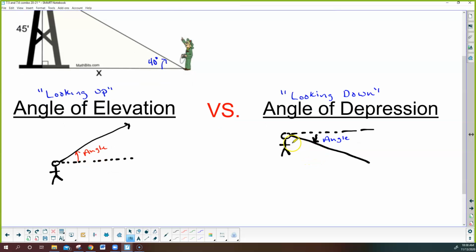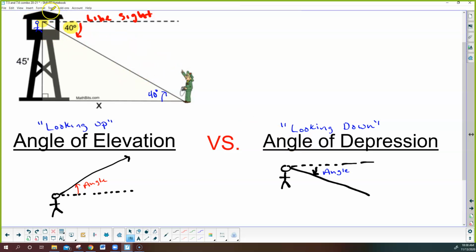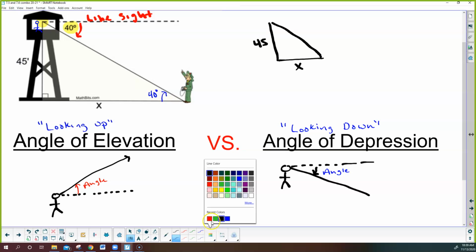Now, sometimes when you see a problem like we have here, if there's somebody on top who's looking out, their angle of depression is the same as somebody on the ground whose angle of elevation, and they're both 40 degrees. So why is that important? Well, that's important because I now have to solve this, and our job is to figure out if the tower is 45 feet tall, how far is the ranger on the ground away from the tower? Well, I don't like to draw my pictures too complicated, so I'm going to call this side 45. I want to find x,